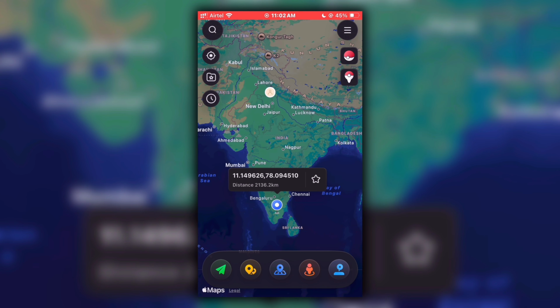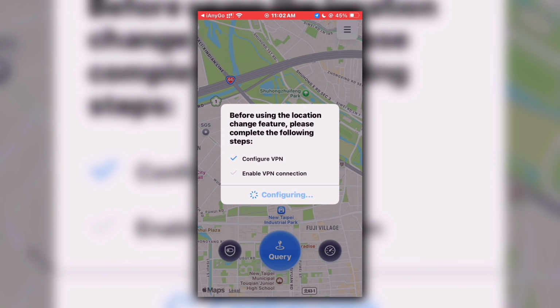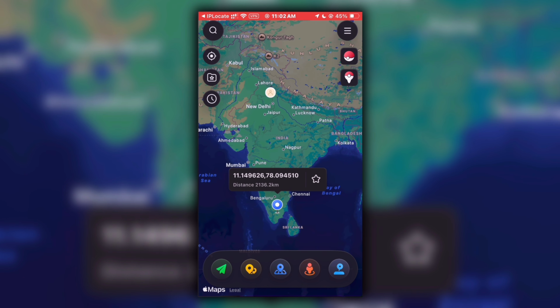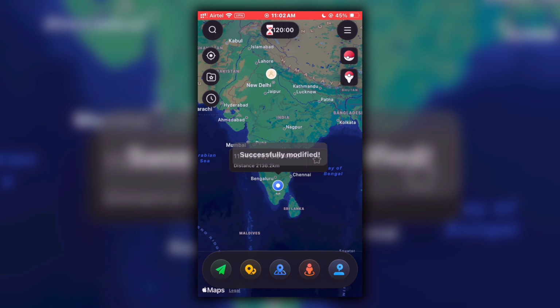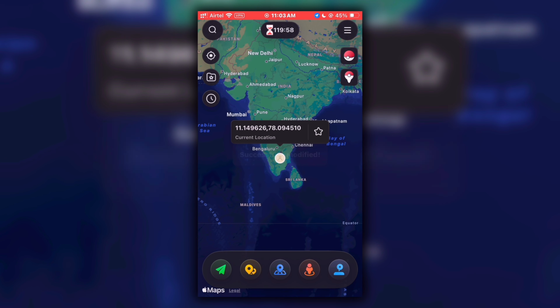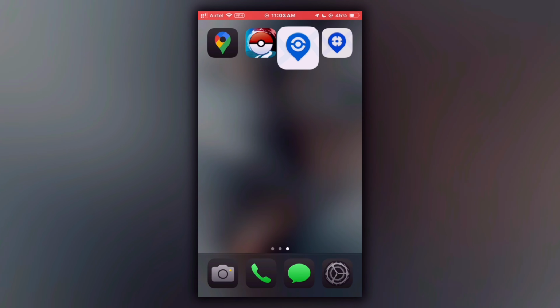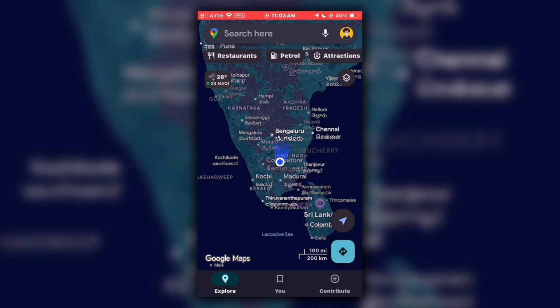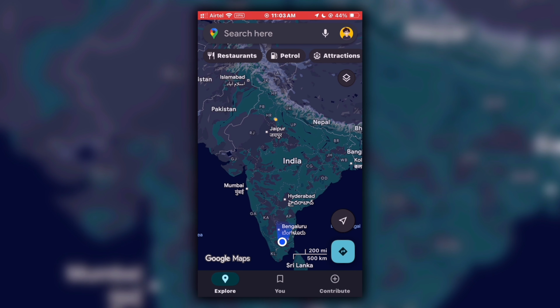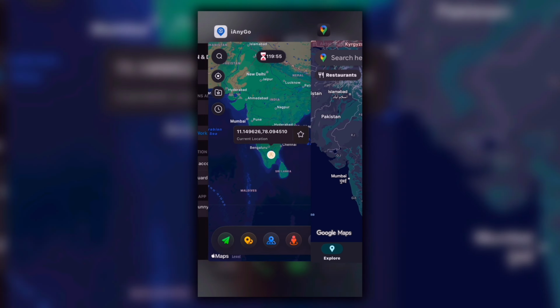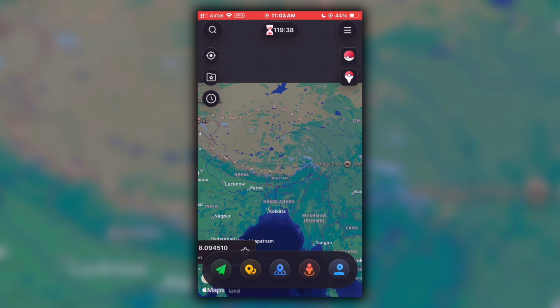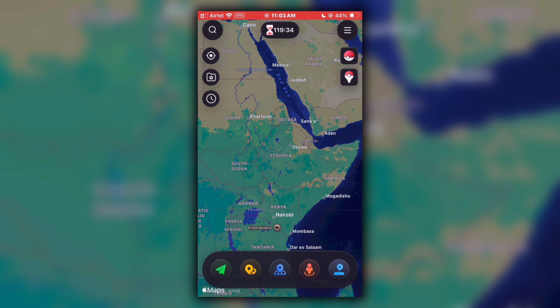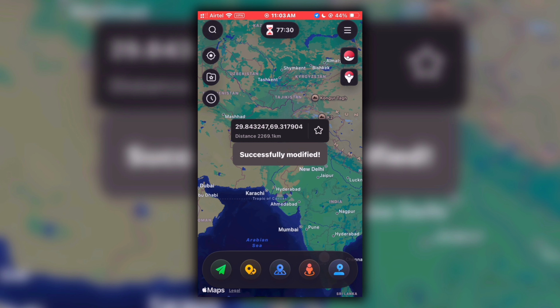For that, just select any location on the map around the world and then follow the instructions on the screen if you are doing it for the first time. You will see that after only a few clicks, your location will be modified successfully to the location you selected without any issues. Now before we try to send location over WhatsApp to someone, let's try to change location to another place. For that, just select the location on the map and then click on the middle icon, and you will see your location is modified successfully.